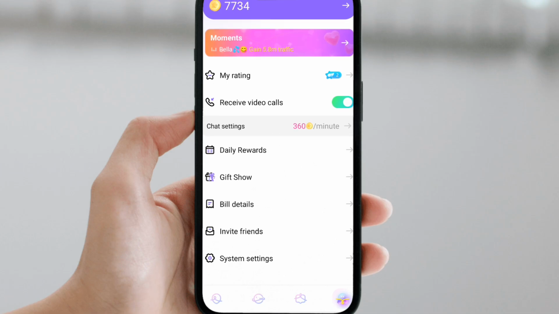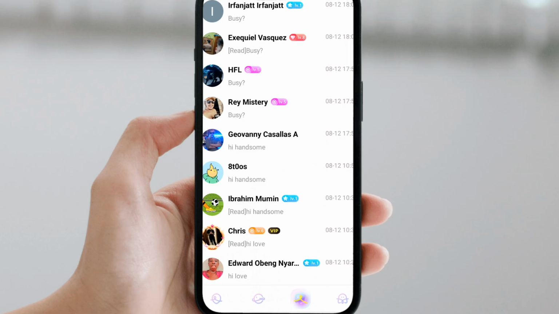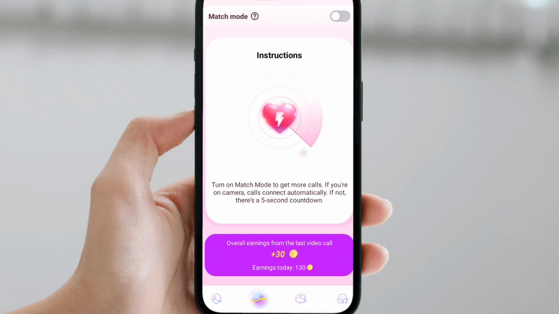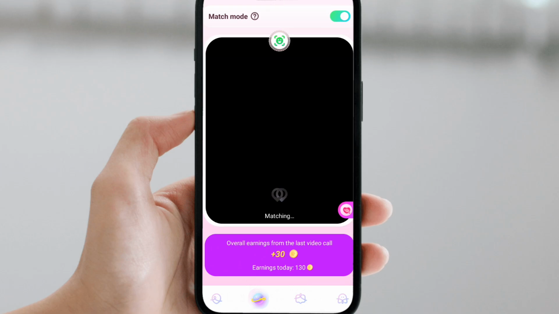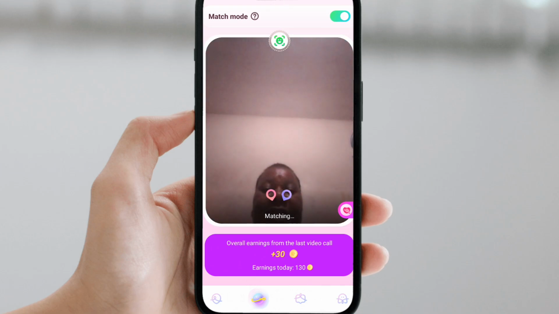All right. So it is self withdrawal. You don't need any agent to withdraw for you. You will withdraw your money by yourself. So here is where to find your messages. Here is where to find match mode. Once I turn this on, it will start matching. So any call that comes here now, it will be picked automatically by itself.